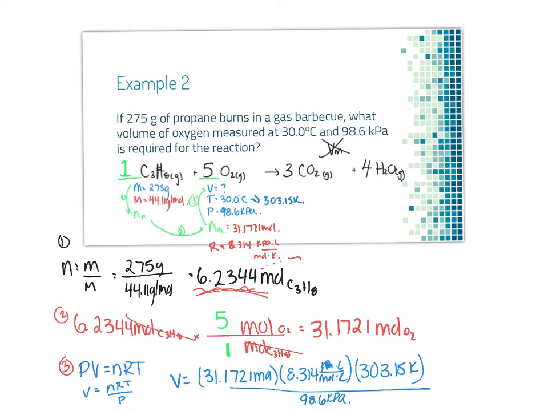So times 8.314 times 303.15 divided by 98.6, I get a volume of